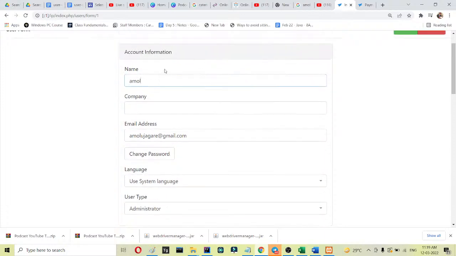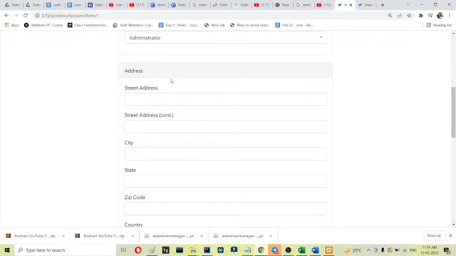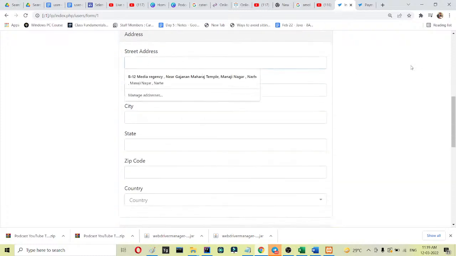So what I'll do is I'll just update this account information. I'll make this a company name, let's say, or client name. Username is, let's say, amol ujagare. Company is scripting logic. Okay, email address is this, and then other details. So street address, let's say B11, 3 Murthy, and let's say